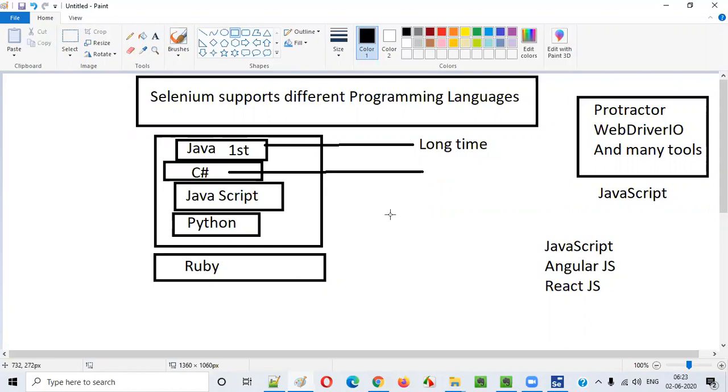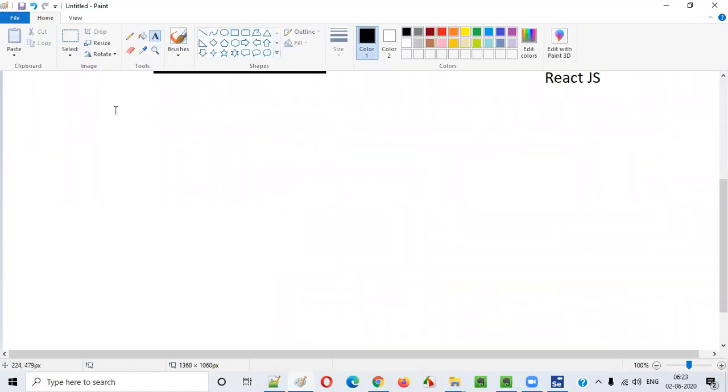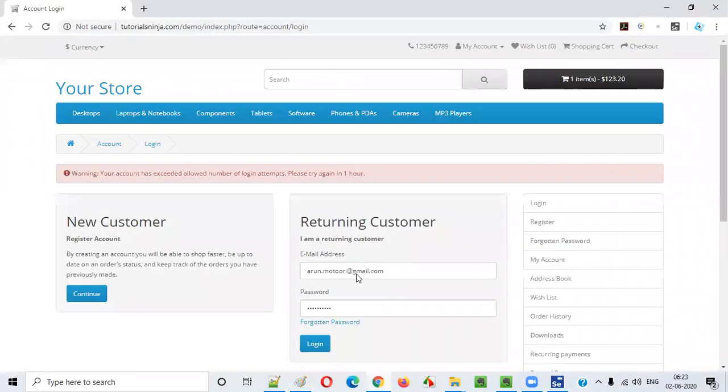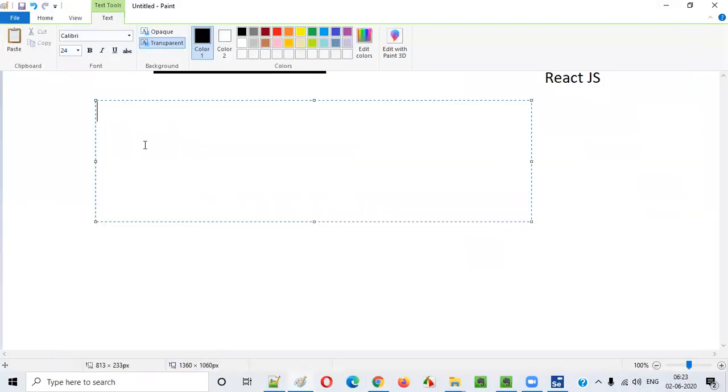There is no rule. What I am saying is, whatever application you are seeing on the screen, let's say programmers have used some development code. Let's say they have developed this tutorialsninja demo application in the C Sharp programming language.